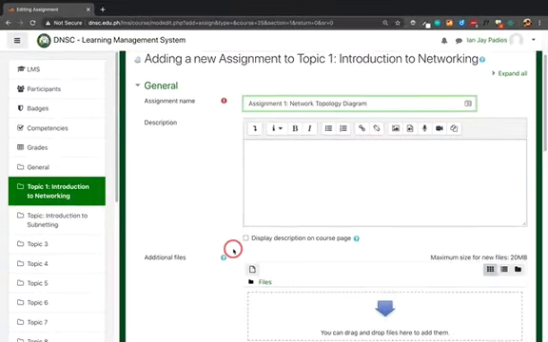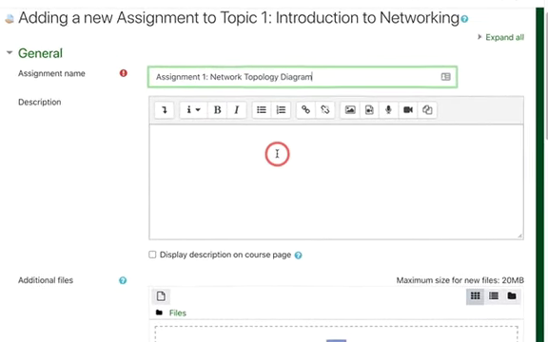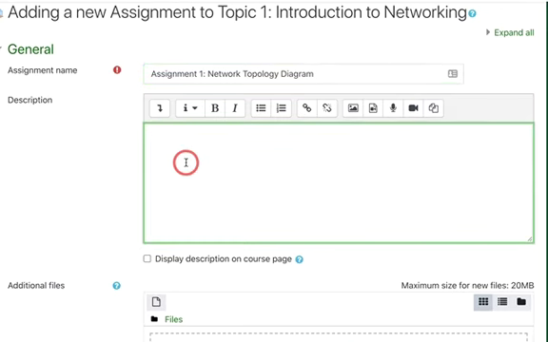Then you need to put the description of the assignment. In this description you can explain the details regarding the assignment and how the students should comply and submit the assignment. So for example,